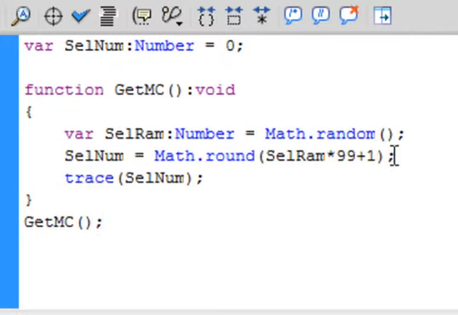close bracket, semicolon. The easiest way to look at this is the lowest number it's going to generate is this 1. The highest number it's going to generate is the sum of them, that's 100. So it's going to generate a number between 1 and 100, and we're going to see that that works by doing a trace, that turns blue, open bracket, selNum, that variable again, the one we just made,